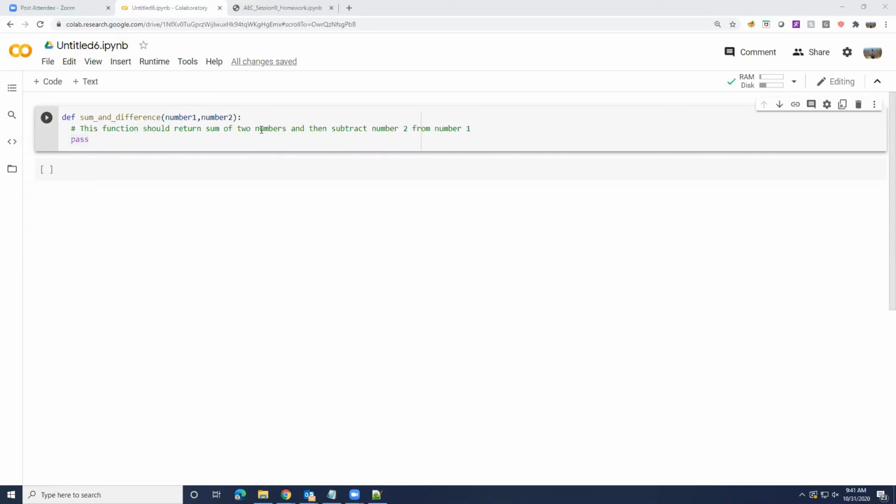Addition is a function of two numbers, as you studied at the beginning of your math schooling, and you study multiplication as a function of two numbers. Similarly, subtraction is a function of two numbers and it's not commutative. So a comma b versus b comma a matters.